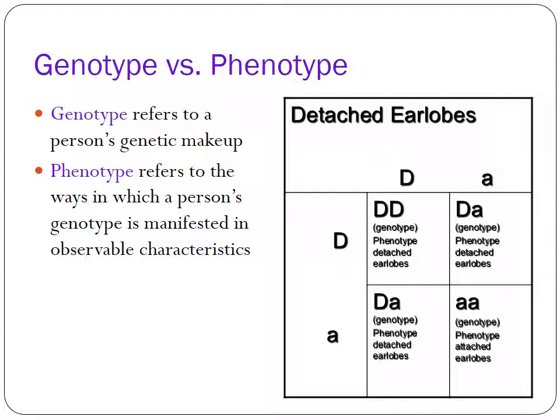So your genotype is your genetics. That means that you might not necessarily see it, but a phenotype, well, that's the physical. So that's going to be what we observe. Here you have something like detached earlobes. That means that the lobe of your ear actually kind of swings free from your head. Some people have it, some people don't. Well, an attached earlobe is a recessive trait, detached is a dominant trait, and here you have the Punnett square that will set it up for you.